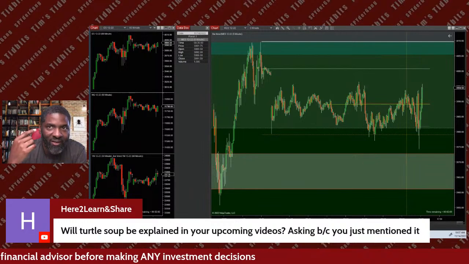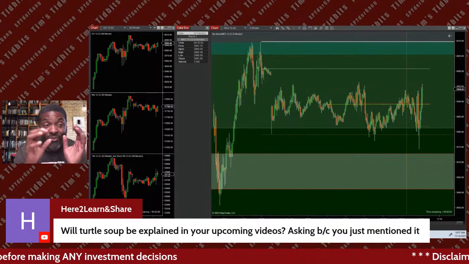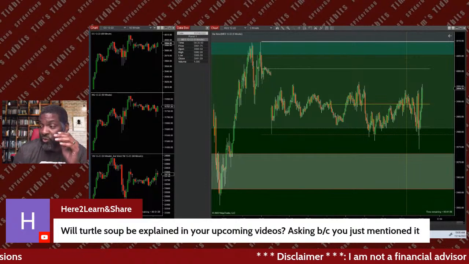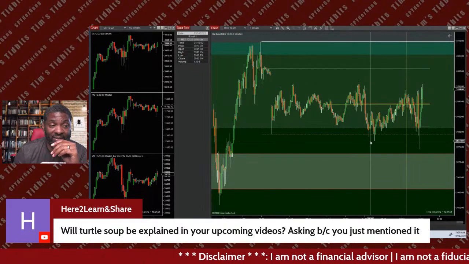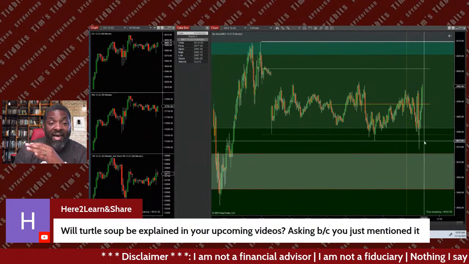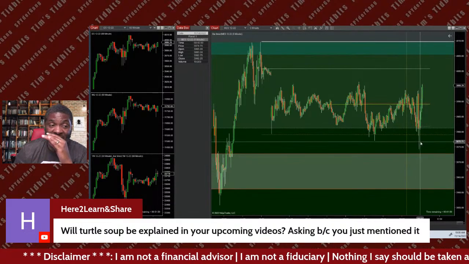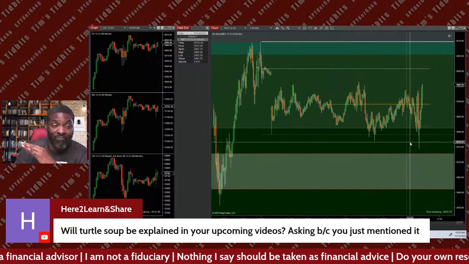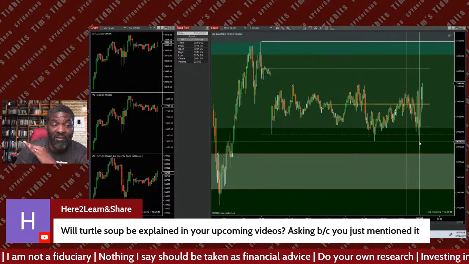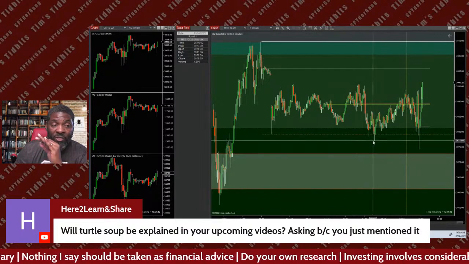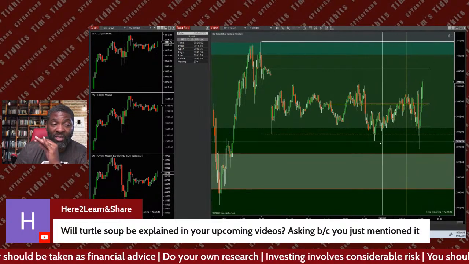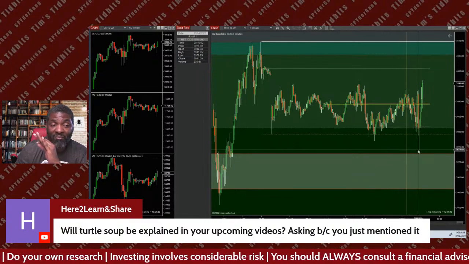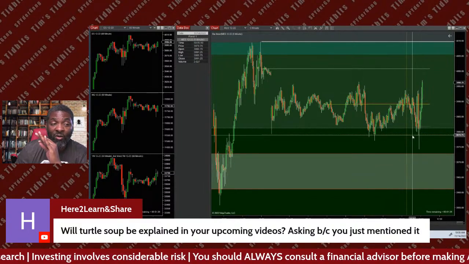You can combine the strategies too. Just say you see a turtle soup coming up, and you say, okay, turtle soup is too risky for me, I need some more confirmation. So when you anticipate the turtle soup here, when it comes down and it wicks off,